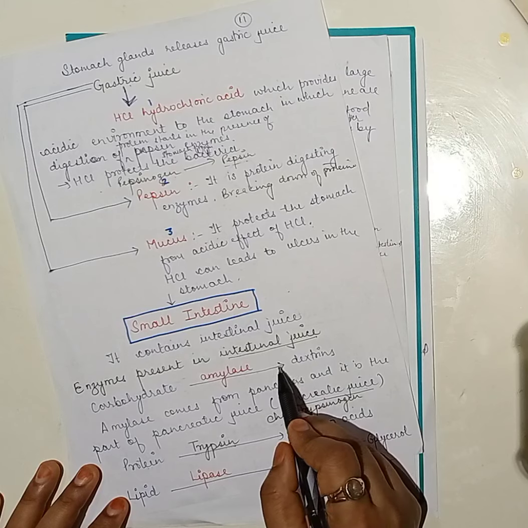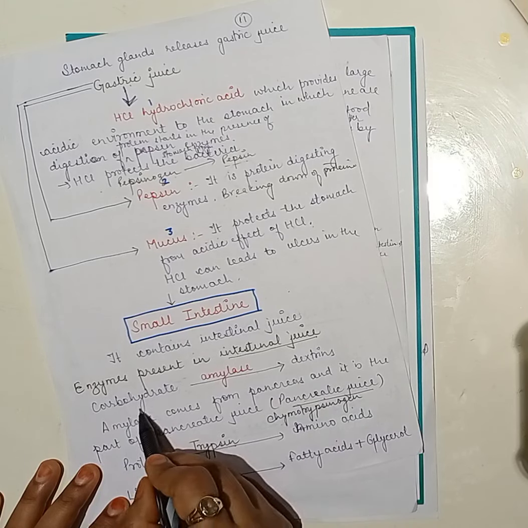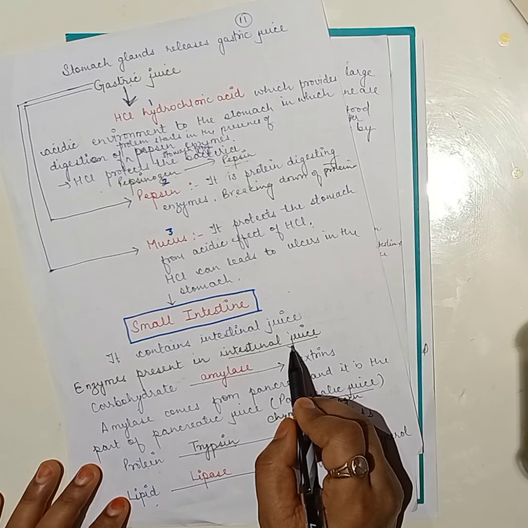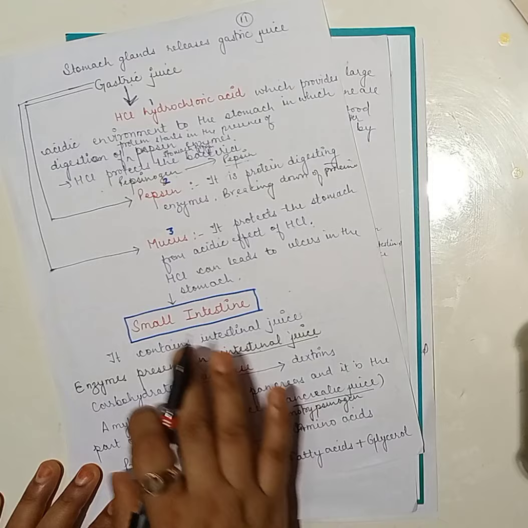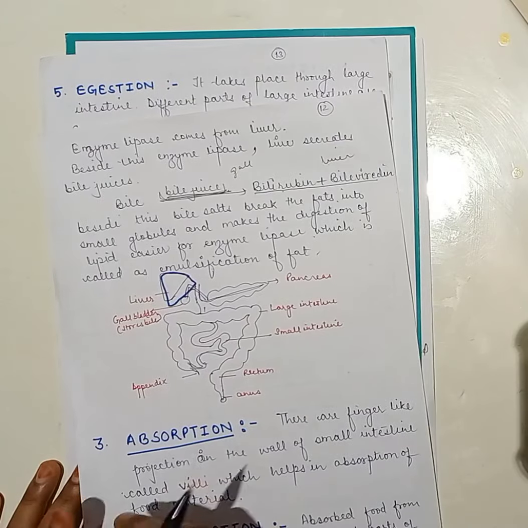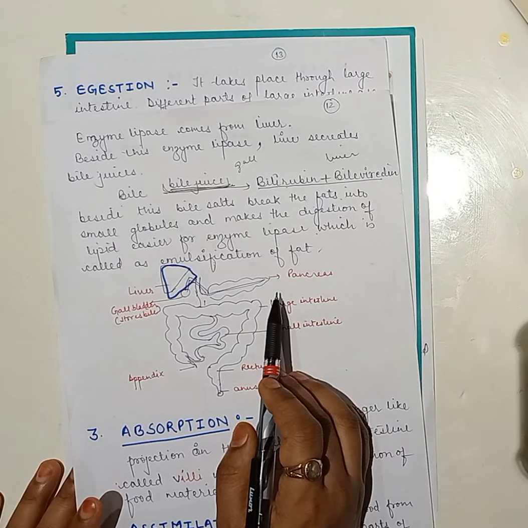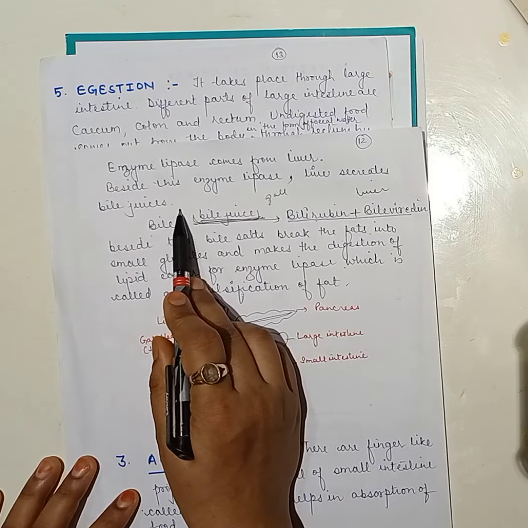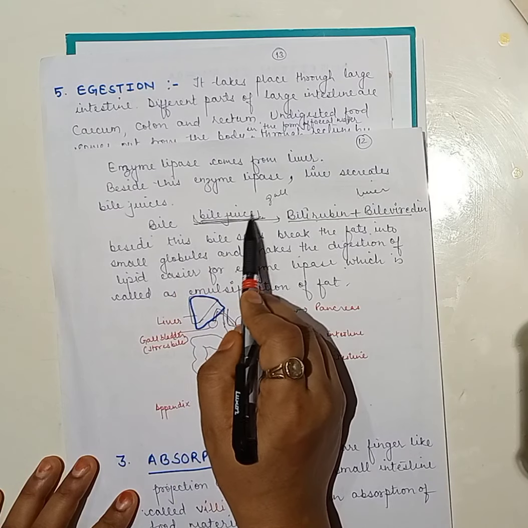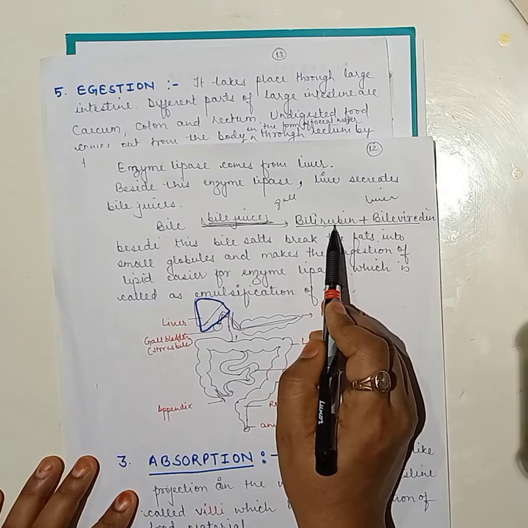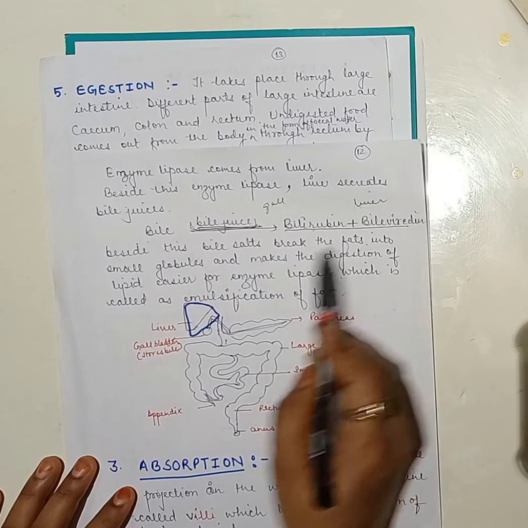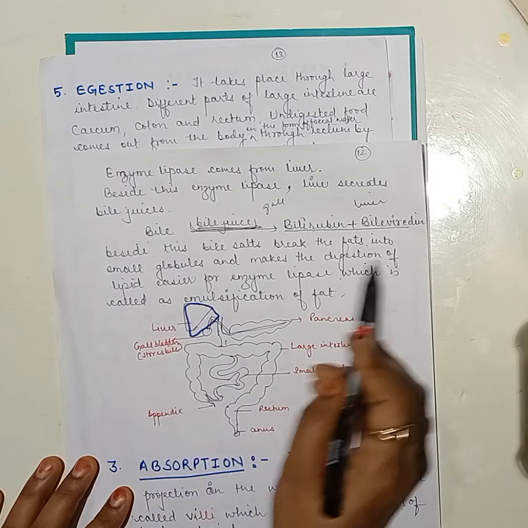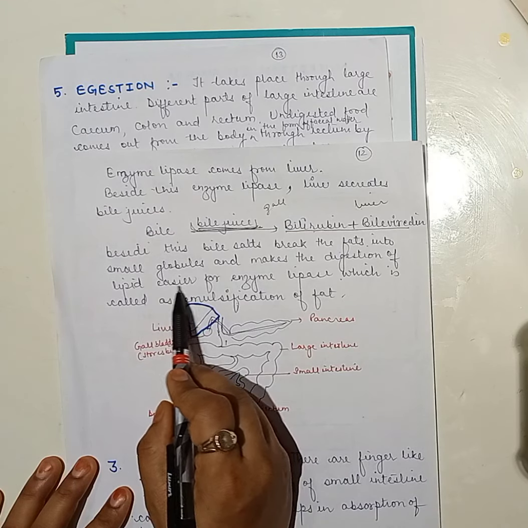Similarly, the complete breakdown of these three things, carbohydrate, protein and lipid, takes place in the intestinal juice also, right? Now here in the small intestine, food is completely broken down and it is ready for absorption. Now bile secreted by the gallbladder breaks down into bilirubin and biliverdin. Bile salts break down fat into small globules and make the digestion of the fat easier for the enzyme lipase,